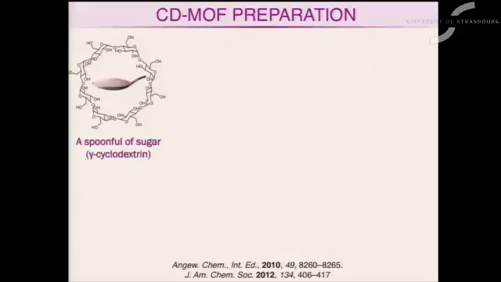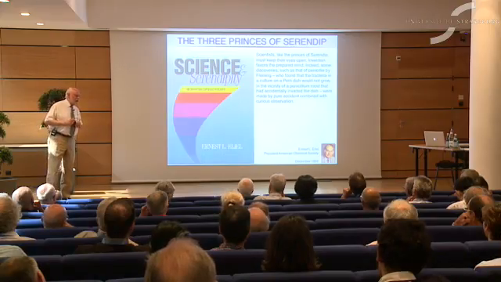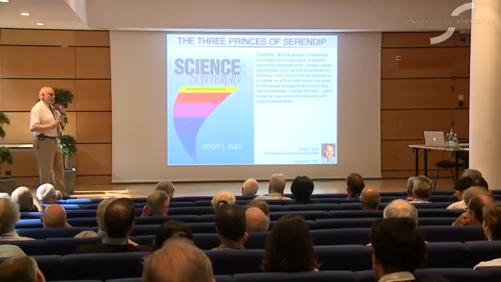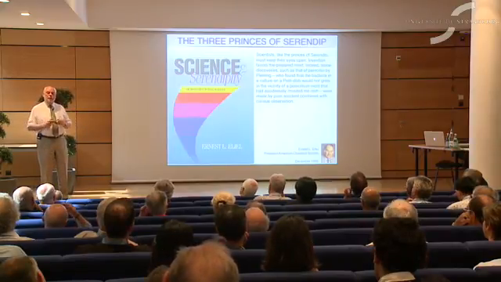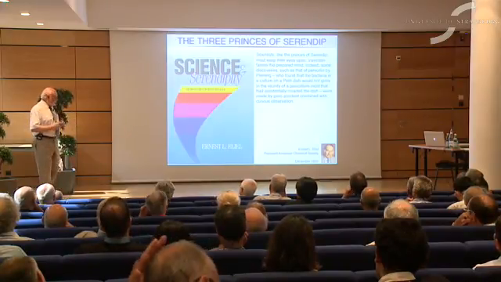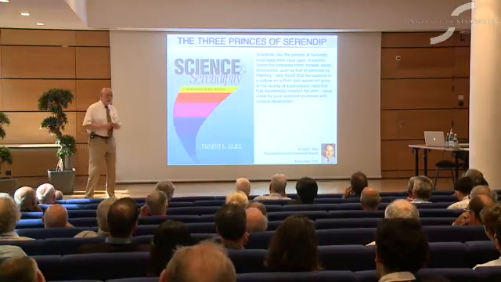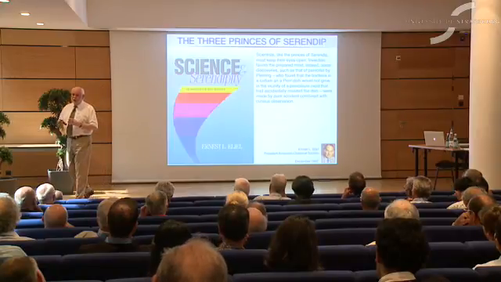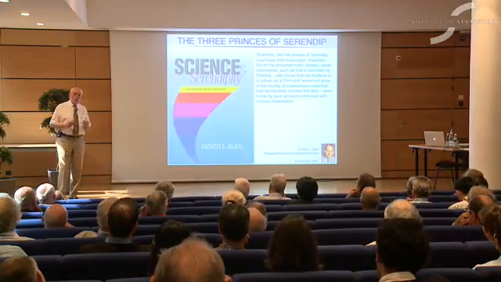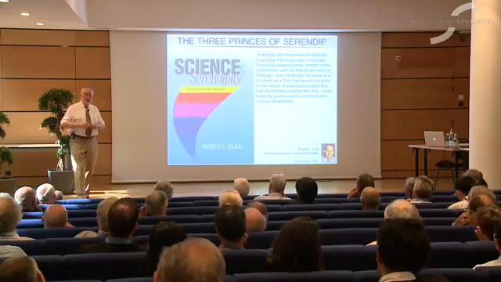Okay, so my first story of serendipity is we are trying to make Borromean rings. So something very, very esoteric and fundamental, and Jean-Pierre knows what I'm talking about, quite challenging. We had managed to do this with 3 rings of the same constitution, but it would be nice to see if it could be done with 3 rings of different constitutions. So one of my postdocs is taking gamma-cyclodextrin and azobenzene dicarboxylate as potassium salt, and this should form a 2-to-1 complex,